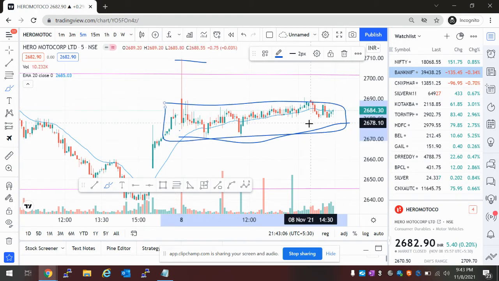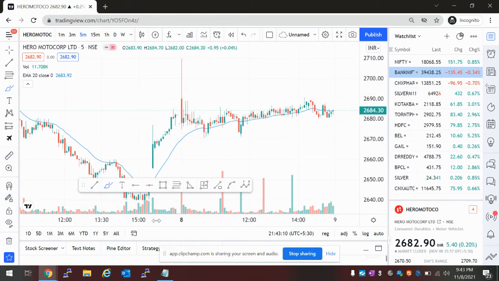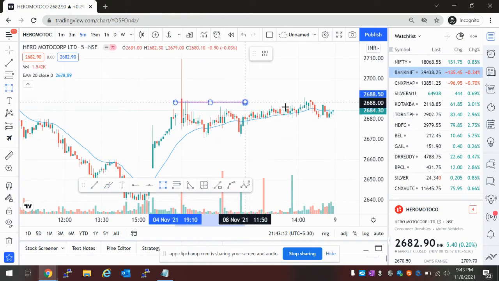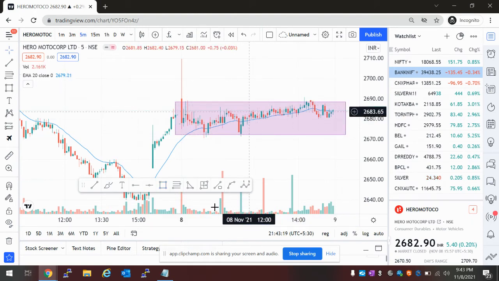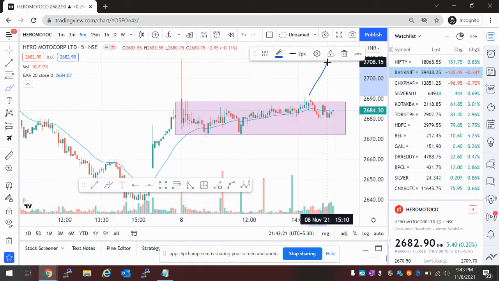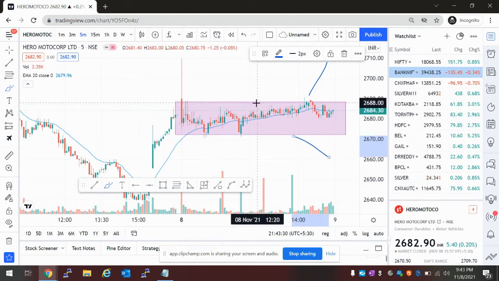So, expecting a breakout or breakdown, how can you choose this? You can mark this line, and breaking above this, it will go up. Go long. Breaking this low, it goes down. Keep the other side as your SL. The target will be on this side, I guess about 20 points. Still waiting for tomorrow, Hero Motors.